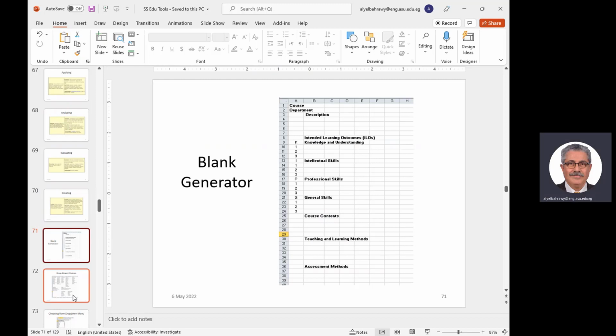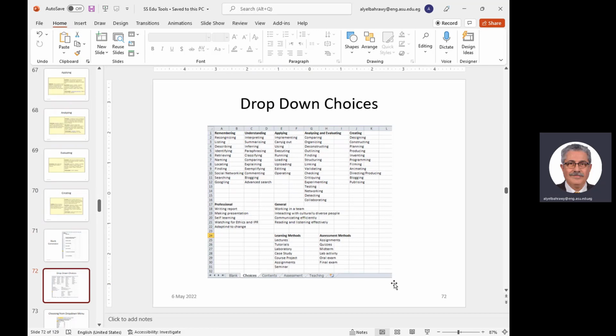The blank generator is a spreadsheet, and it shows the different levels, knowledge and understanding for the intended learning outcomes, intellectual skills, professional skills, general skills, and it has also section for course contents, teaching and learning methods, and assessment methods. This is the drop-down choices, because the spreadsheet is based on